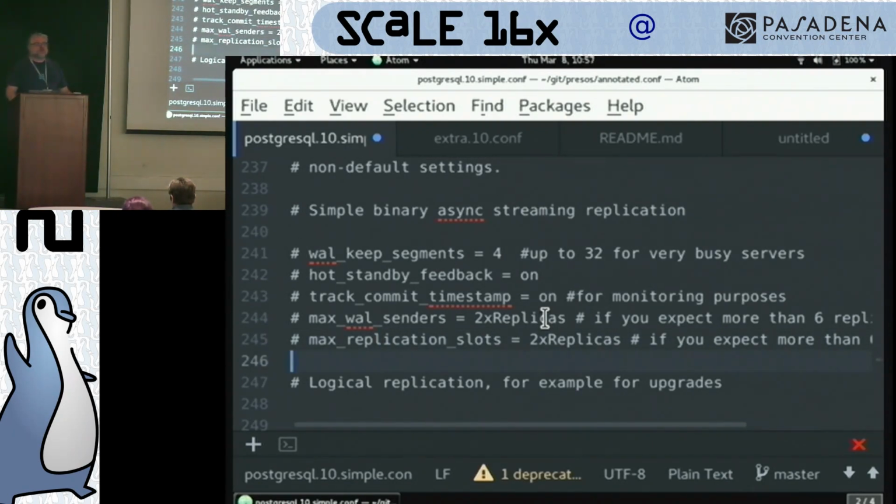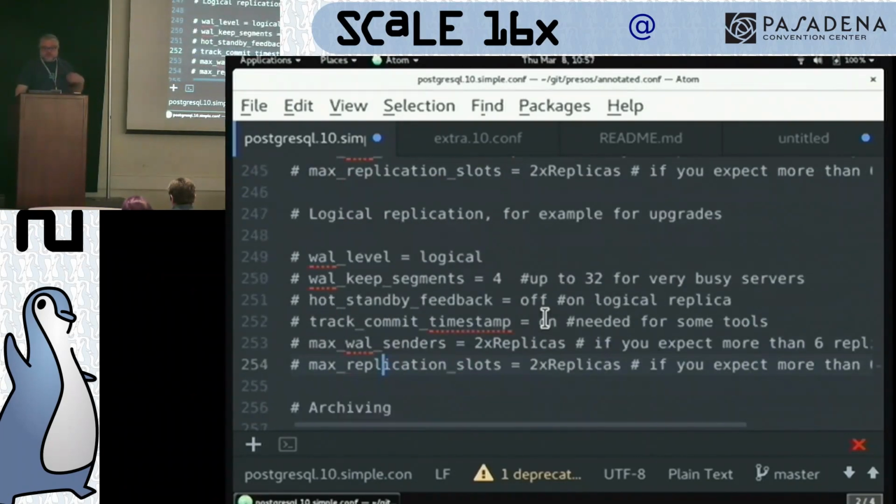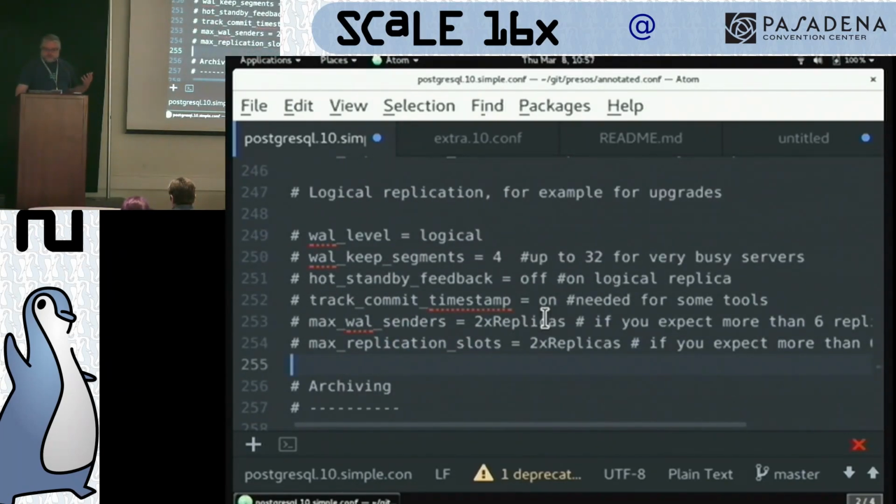Replication slots are bookmarks that the replicas hold on the master for when they last left off syncing data. It's required for logical replication. It's a good idea for binary replication. So again, you want those to match up. Now,